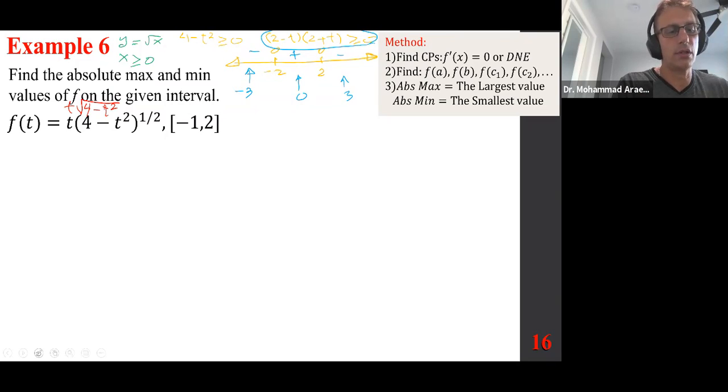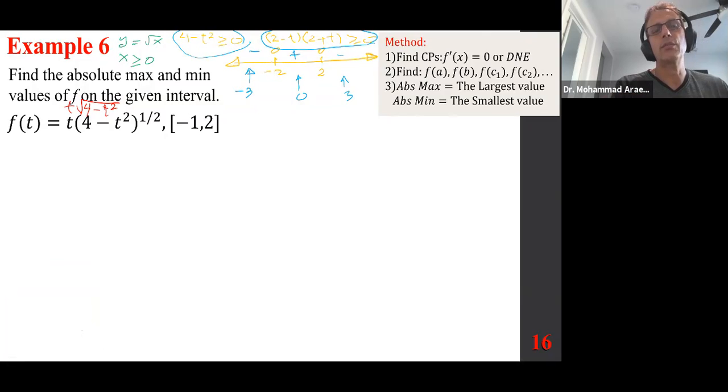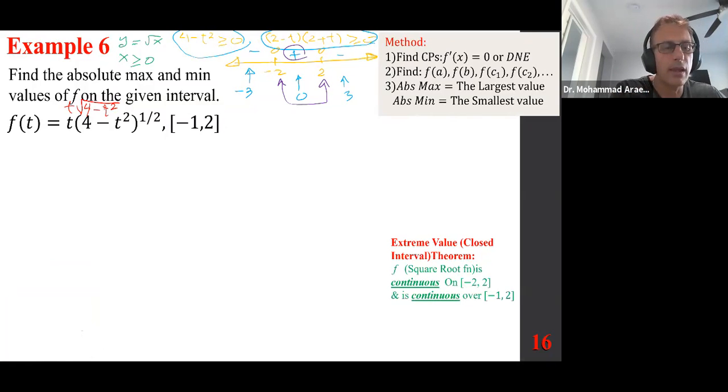So let me use a different color in this case. So we want this one. Oh, I didn't pick a different color. Let's do that. And so what does that mean here? Okay, negative 2 and 2. So I'm going to write, this is a square root function. It's really the product of a linear function and a square root. You want to write that to be more precise. It's the product of a linear function and a square root function. And we established it's continuous from negative 2 to positive 2. Therefore, it's continuous from negative 1 to 2. And so